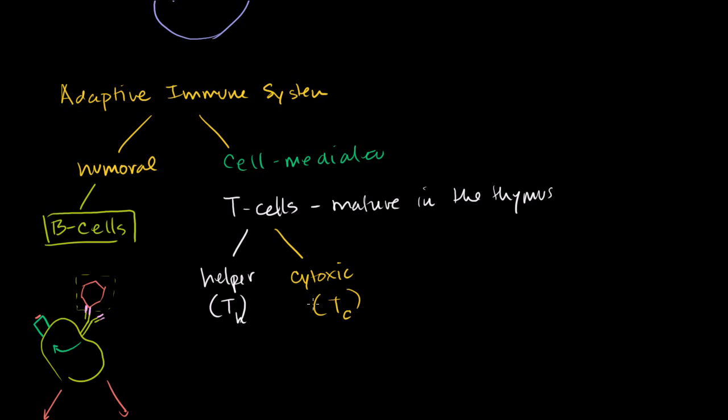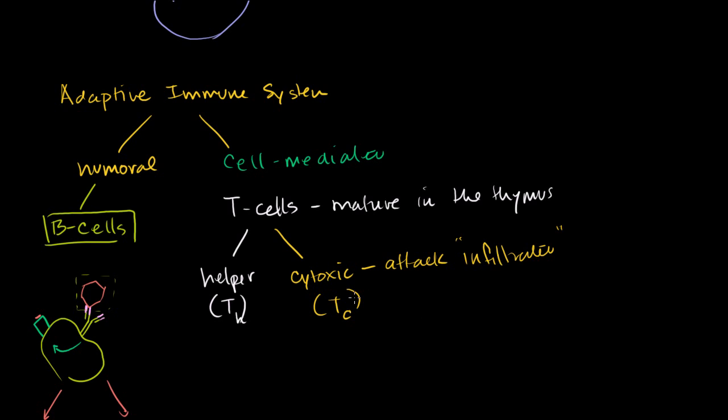Cytotoxic T cells, which I'll cover in more detail in a future video, actually attack cells that have been infiltrated. So this is attack, kill, infiltrated cells. And when I say infiltrated, it could be a cell that a virus has gone into or some bacteria has penetrated. It doesn't necessarily even mean something from the outside. It could even be a cancerous cell that shows itself to be abnormal in some way. And so the cytotoxic T cells will at least attempt to kill them.